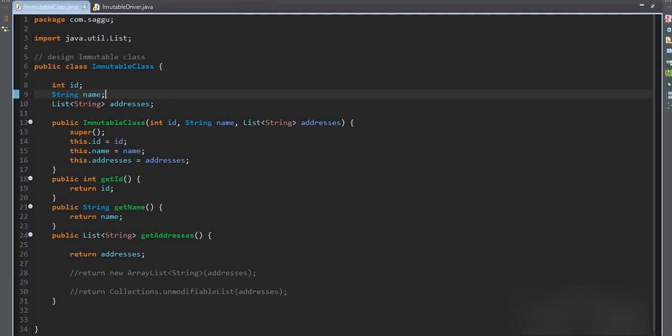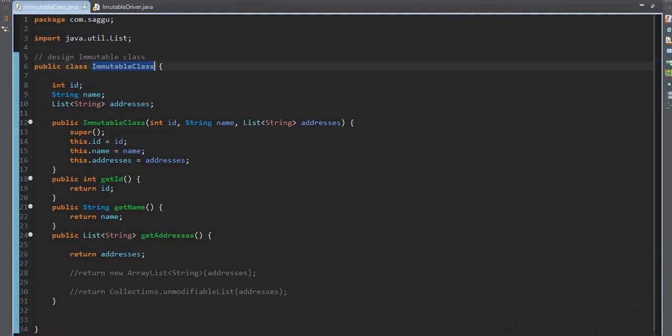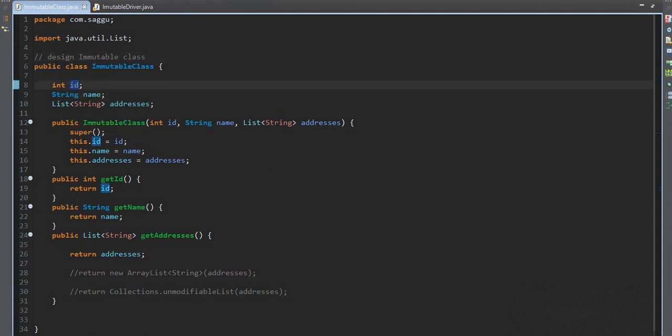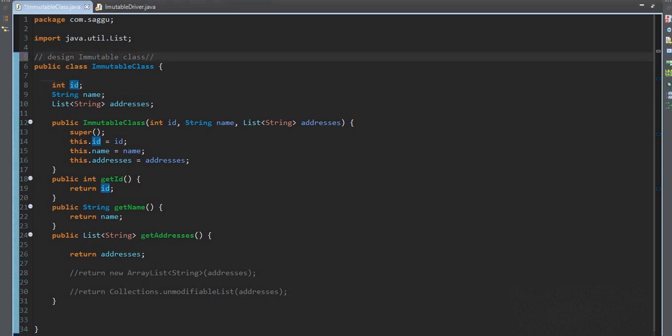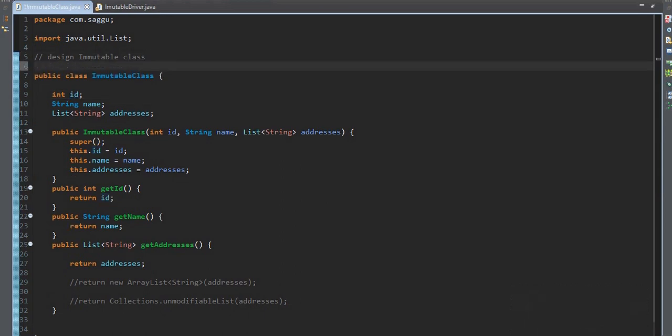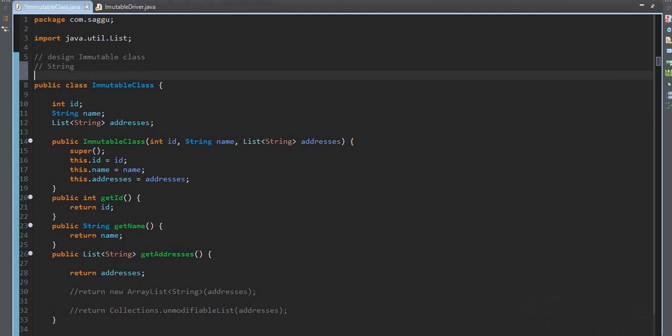So today we will design an immutable class. The class whose state we cannot change, so we call it an immutable class. Once the object is created, its data cannot be changed. That is an immutable class. In Java, we already have immutable classes like String. There are other classes too, like the Math classes, which are also immutable. Today we will see how we can design an immutable class, and what things we need to do.